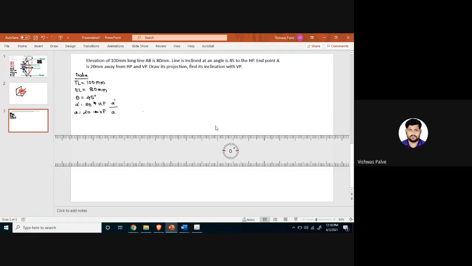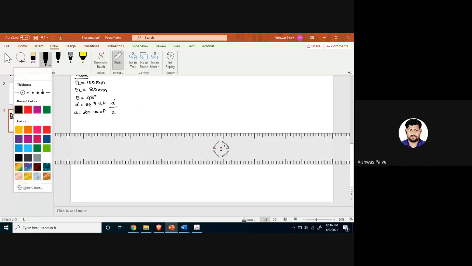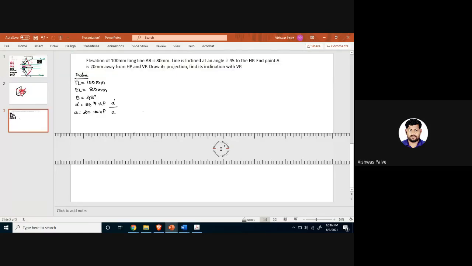Okay, the second assignment I will post very soon. It will be on projection of lines. Okay, after completing this topic I will post that assignment, and we are going to study the practical sessions also, AutoCAD. After that I will post the AutoCAD assignment. Okay, coming back to the problem, first step in the engineering projection of lines is that you have to draw the XY line. This is important.